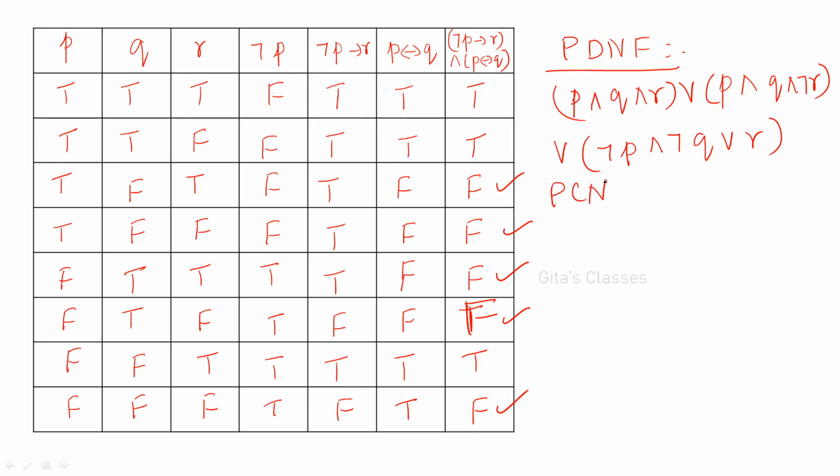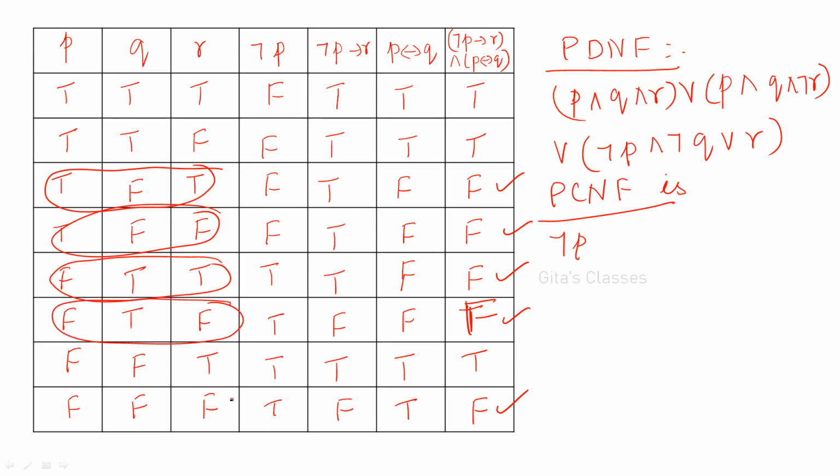So PCNF is, we'll be writing not P. So here these are the terms, these 5 terms you will have for PCNF. Okay. So if you have F, you write the variable as it is. If you have T, you write the negation. So not P or not Q or not R,